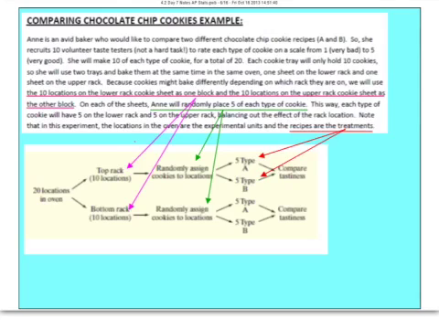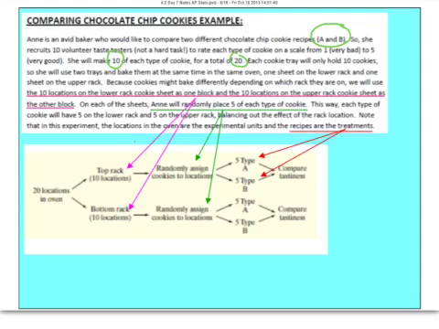Annie is an avid baker who would like to compare two different chocolate chip cookie recipes, A and B. So she recruits 10 volunteer taste testers to rate each cookie on a scale of 1, which is very bad, to 5, which is very good. She will make 10 of each type of cookie, and we have our 2 cookie types, for a total of